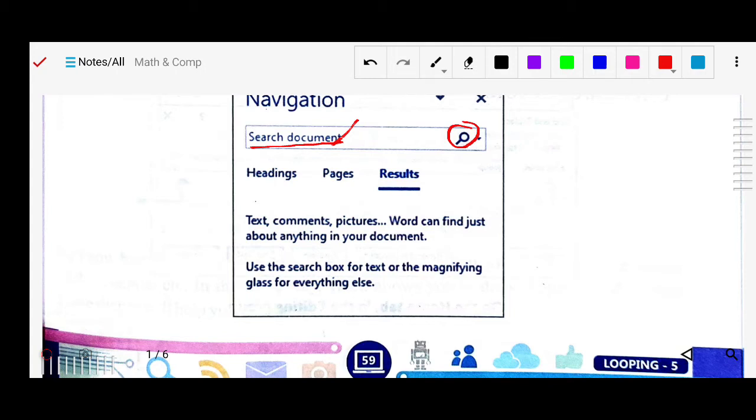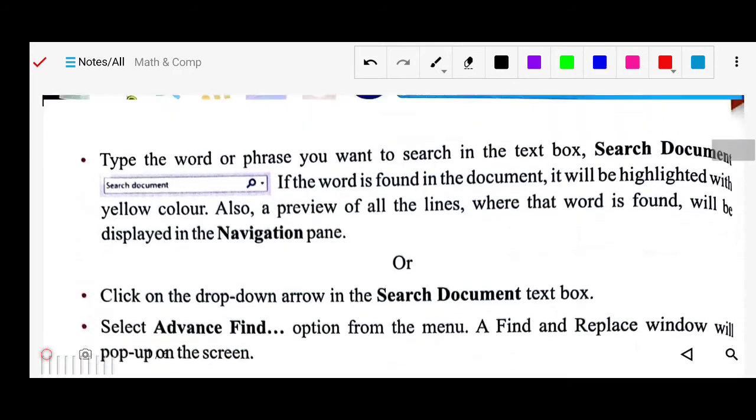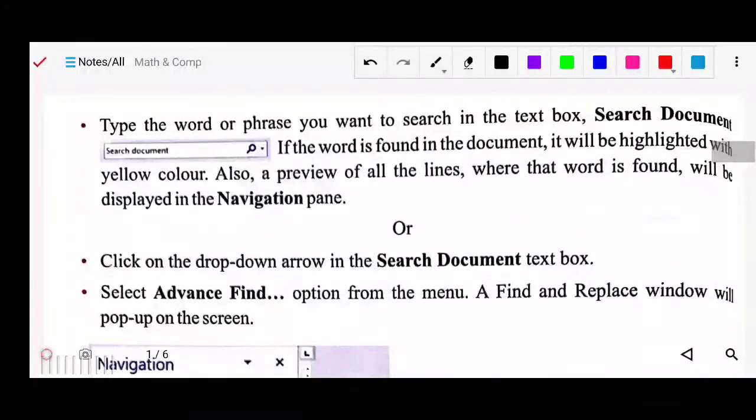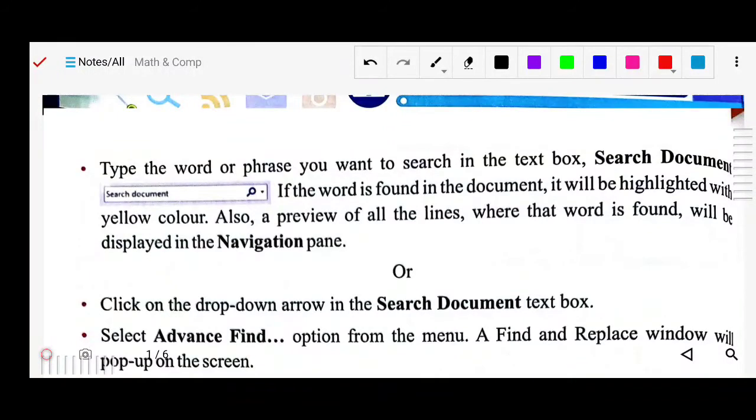If the word is found in the document, it will be highlighted with the yellow color. If the word you are searching for is available in the document, that same word will be highlighted with the yellow color.